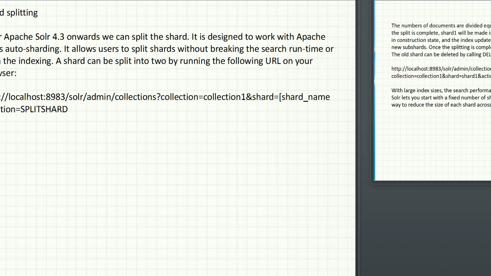So from Solr 4.3 onwards, Solr offers the capability to split the shard, and this strategy only works with auto sharding. So what it does is, when we request this URL